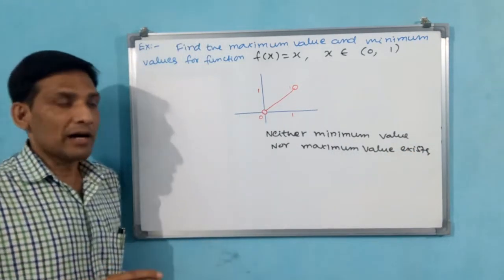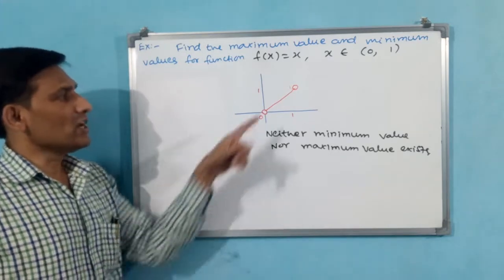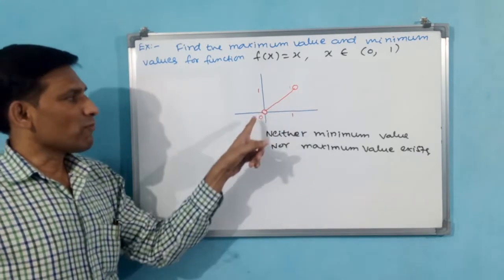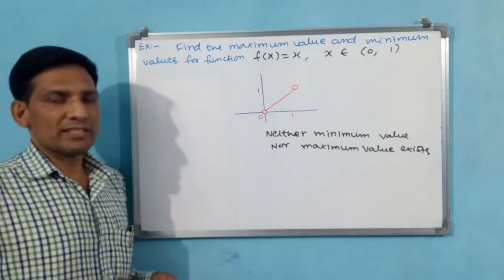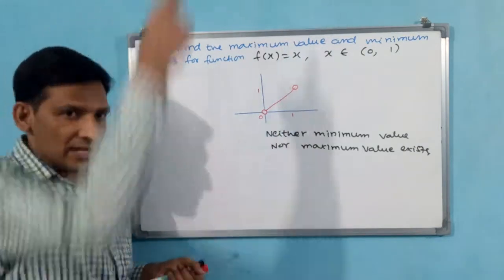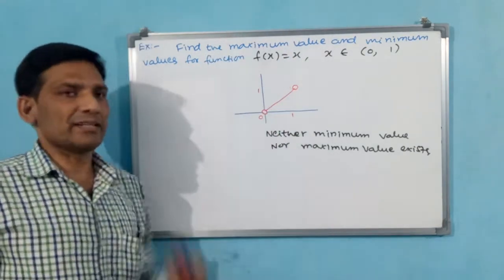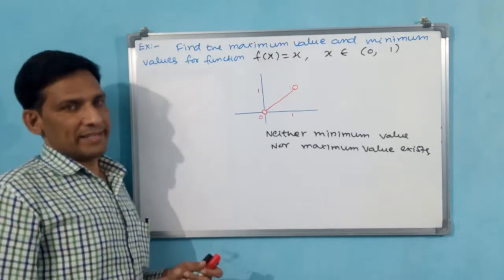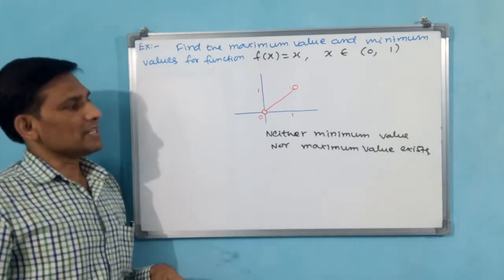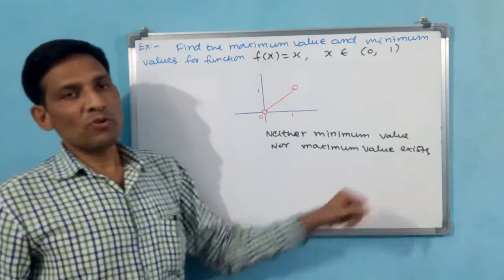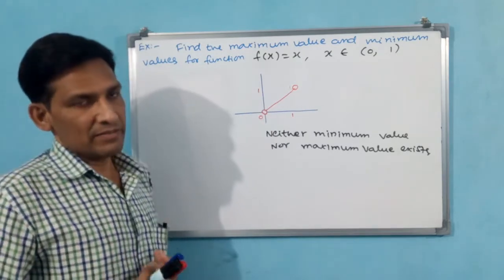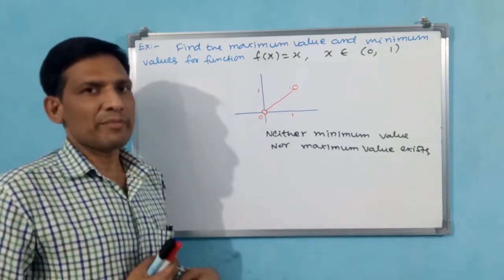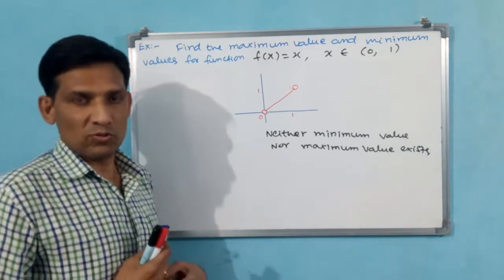You understand now? Why? Because there is no turning point. See, even if you take any one point, before that it is increasing, after that also increasing. Turning point means it has to increase and then decrease, or else decrease and then increase. Such a scenario is not there here. That is why for this question there is no increasing, decreasing, and no maximum or minimum value. Like that you can write and close this example.